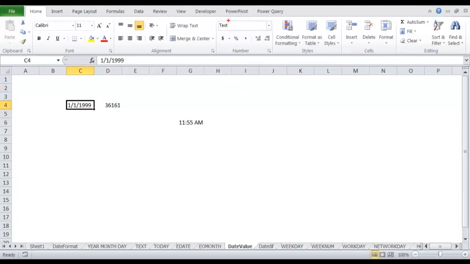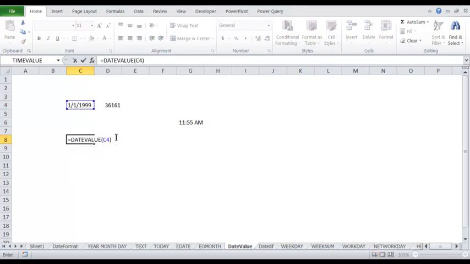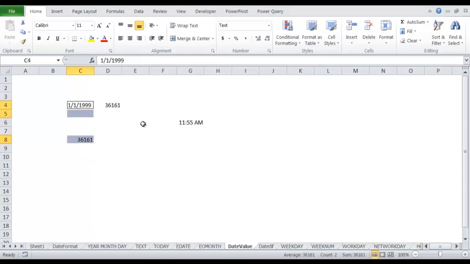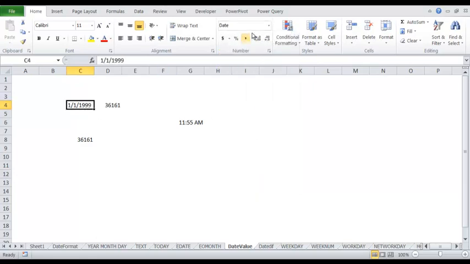We can see it's a text format out here. And what I will do is write equal to DATEVALUE and this text, and we'll see it has given me a value of 36161. This is the value in which Excel stores the date. If you want to experiment here also, you can do this text. You say I want it in the short date. It will come, and then you say I want it in the number. Okay, no, it doesn't come. So you have to convert it with DATEVALUE.